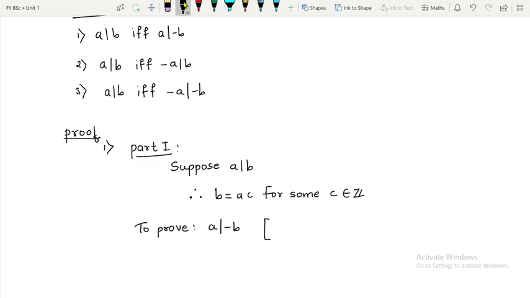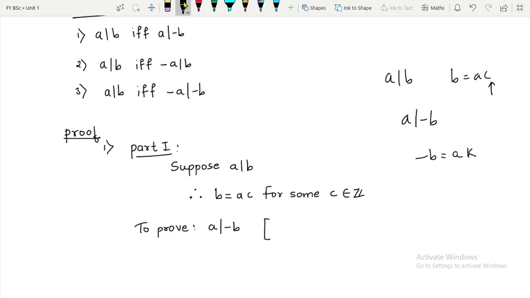Now try to think properly, then you will understand. Now b is replaced by minus b. Try to understand the definition: a divides b means you can write b is equal to a multiplied by some integer. You can use any notation, k, k1, whichever you like, but I am using c. So a divides minus b when minus b can be written as a multiplied by some integer. I hope you are getting it.